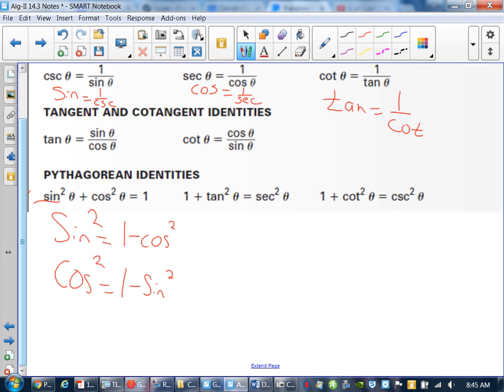Okay? The next two are 1 plus tangent squared is secant squared, and 1 plus cotangent squared is cosecant squared. I guess the only way that I was ever able to keep those two straight is that cotangent and cosecant start with the letter